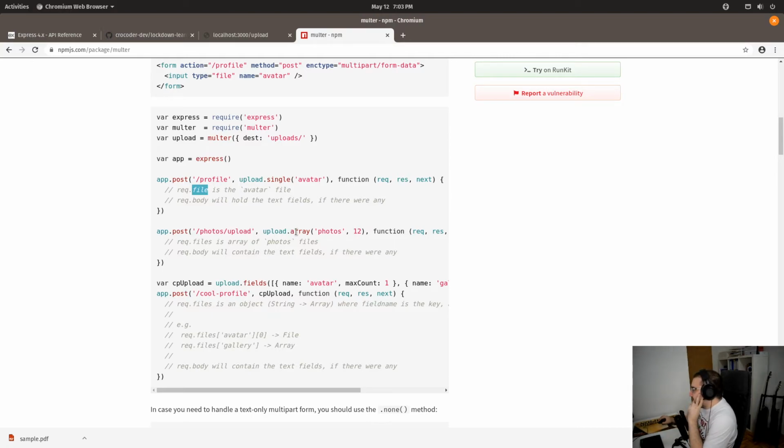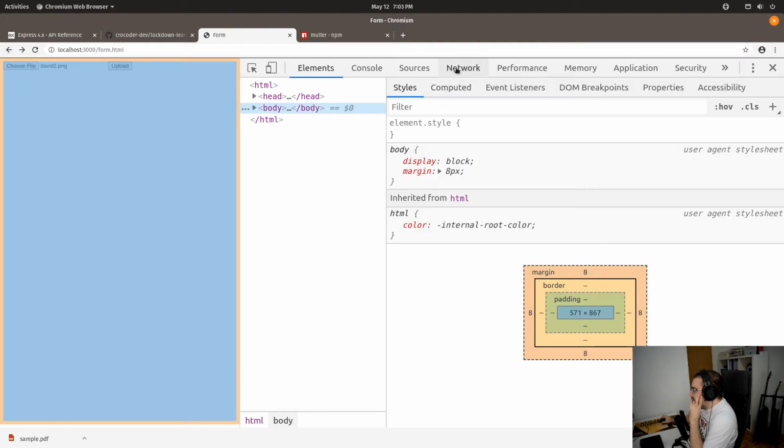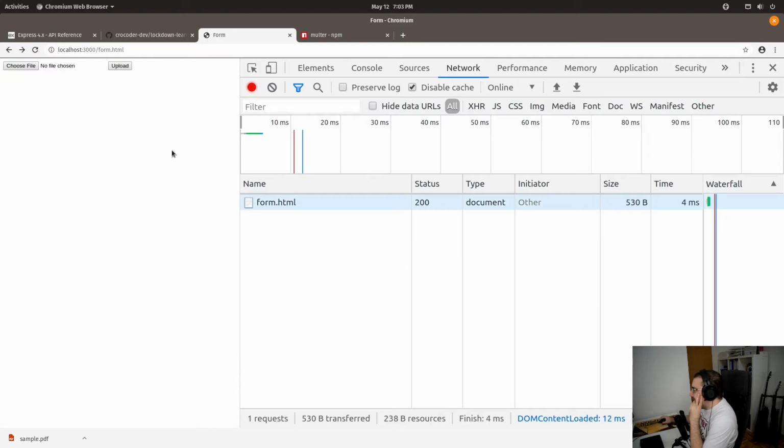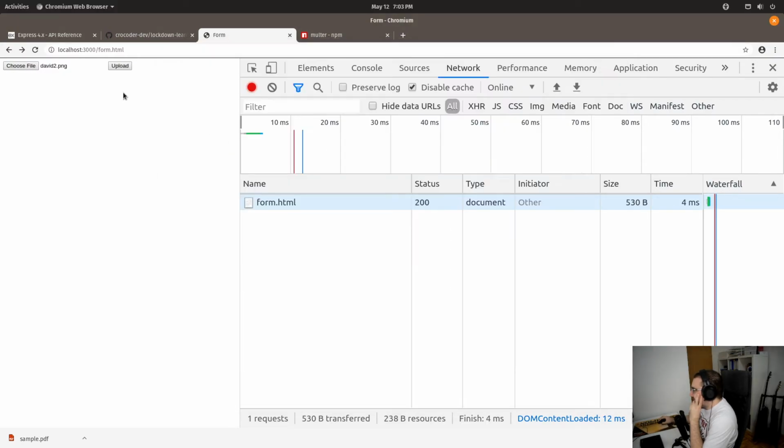So let's read what the problem is here. Request body will hold the text fields if there are any. Request file is the avatar file because we put here upload.single avatar. And our request.file is empty. Why is it empty? You see, this is exciting. I will debug something live, and not just a simple mistake, but something where I understand what the problem is that